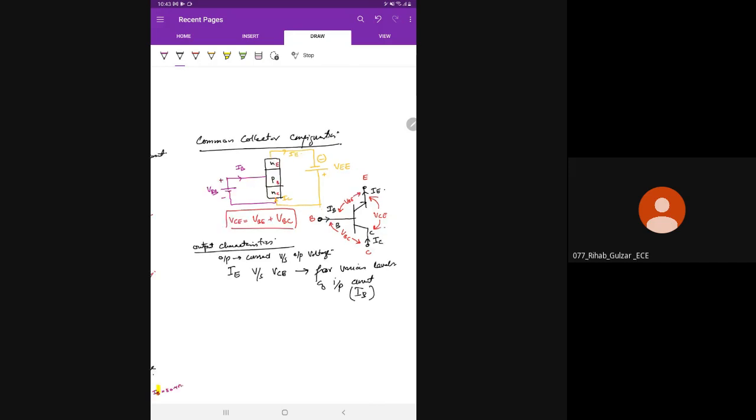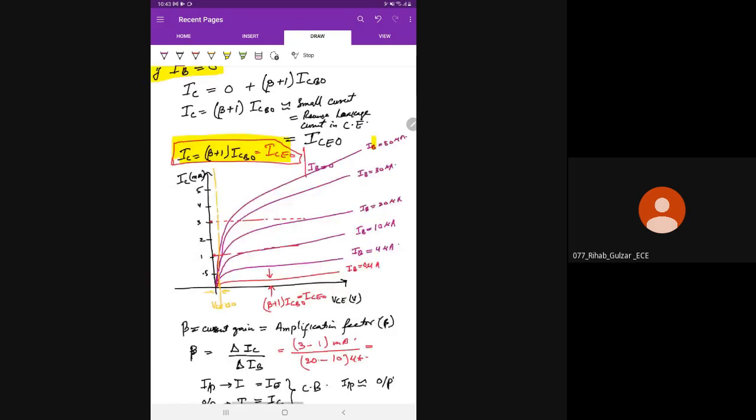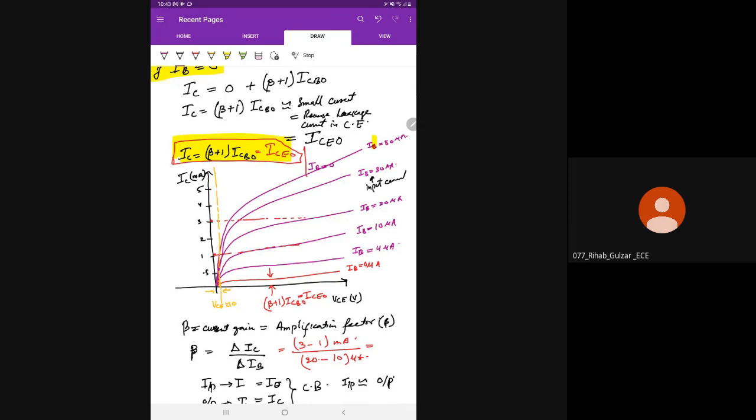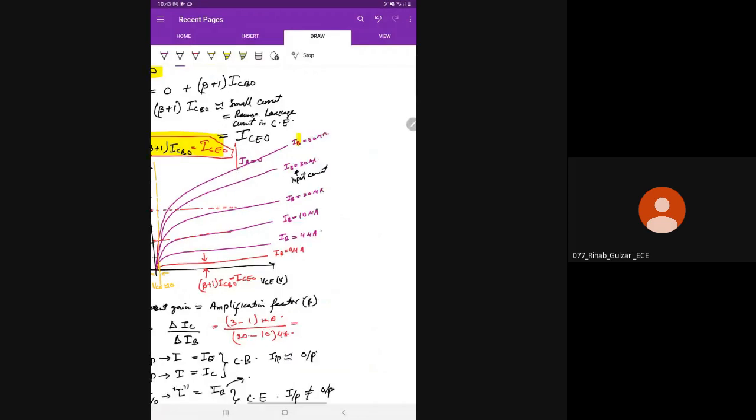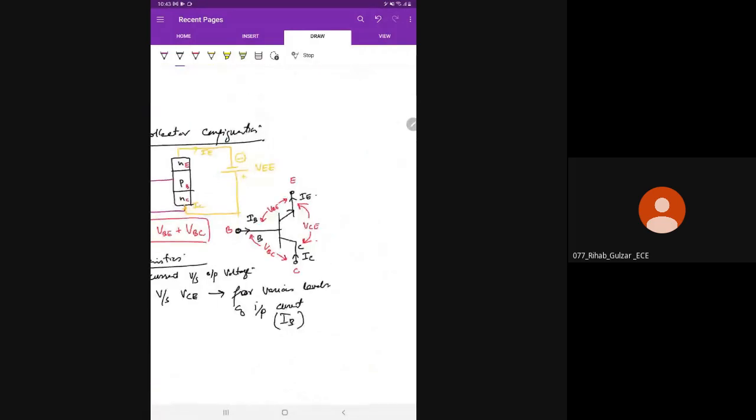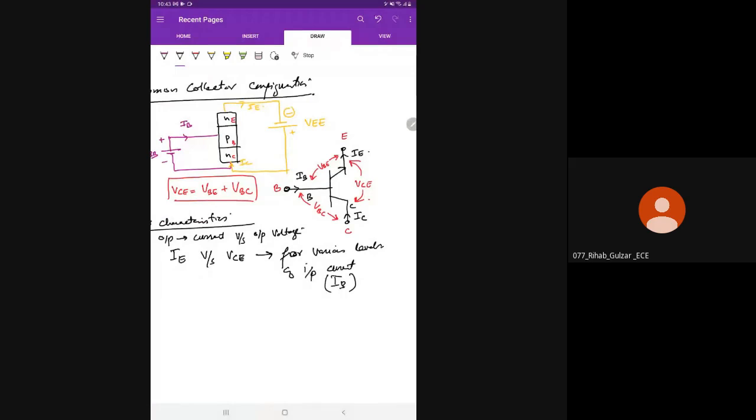तो हमने यहाँ पे भी output characteristics देखी थी in common emitter configuration. These are basically various, this is a curve plot between IC versus VCE, but for a particular input current. This is input current. So for various input currents, there will be various curves. As you change input current, इनकी curves भी change होती जाएंगी, जैसे यहाँ पे दिखाई गई हैं. So similarly, I'm saying that it will be a plot between IE and VCE for various levels of input current,